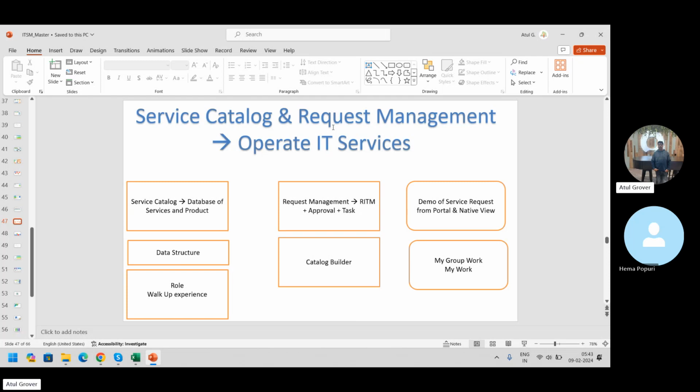Respective team means first it will go to the stock room to check whether we have this laptop or not. If they say yes, we have a laptop, then it will go to the configuration team that brings that laptop and starts configuring. Then it will go to the patching team who will do all the patches, all the IDs mapping. Then it will go to the